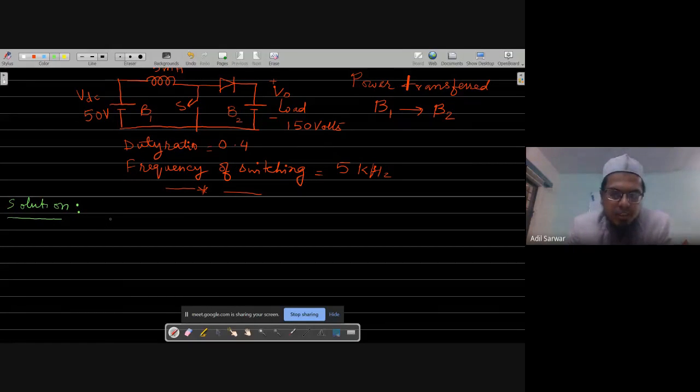So the first thing we would like to see, and please keep this in mind whenever you get a problem on DC to DC converter: don't quickly start using the formula, okay? Because you do not know whether the converter is operating in continuous conduction mode or discontinuous conduction mode. I had already uploaded a video on discontinuous conduction mode for a buck converter. Although this is a boost converter, I would shortly be uploading a video on the discontinuous operation of boost also. But I will quickly derive the expressions that will be used here. So what I am actually telling is that